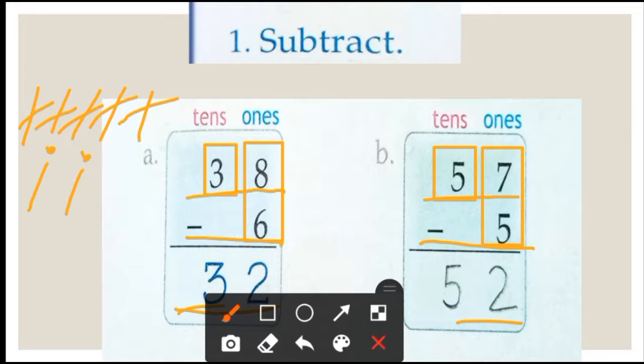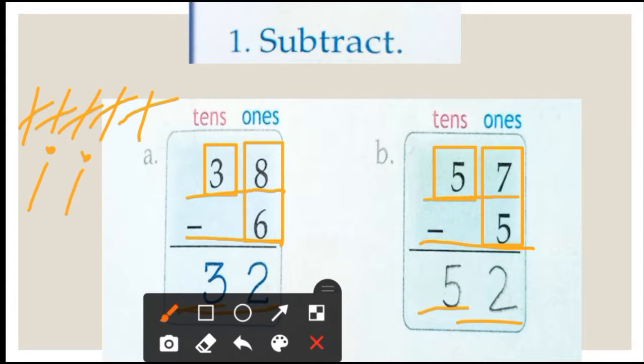Now students, once again we have a single tens digit. There is no other number for subtraction, so we will write 5 same to same in the answer place. So students, our answer is 57 minus 5, answer is 52. Now